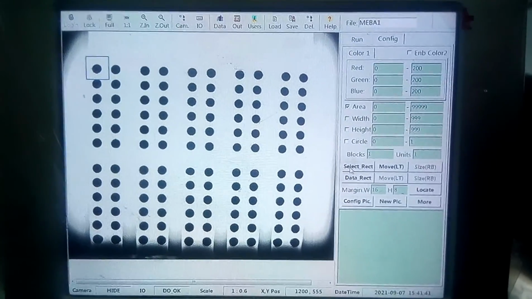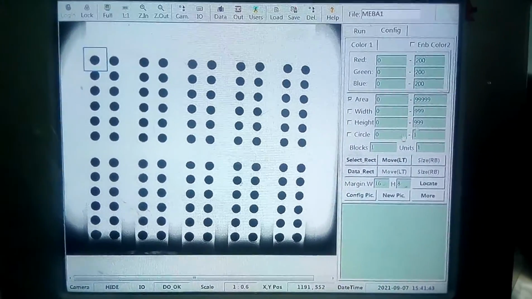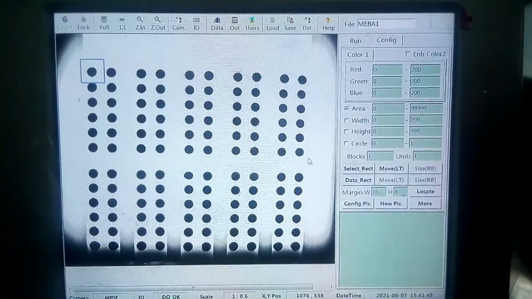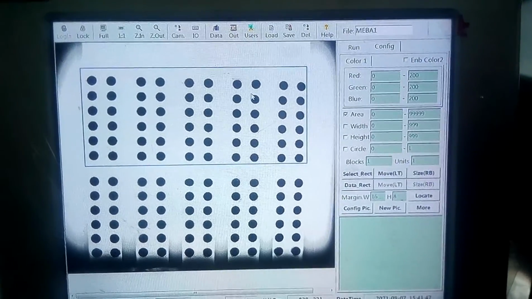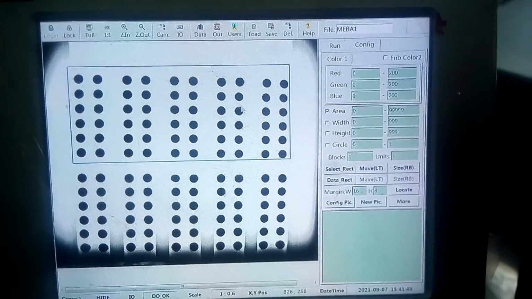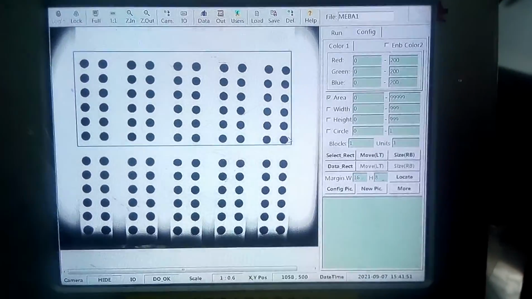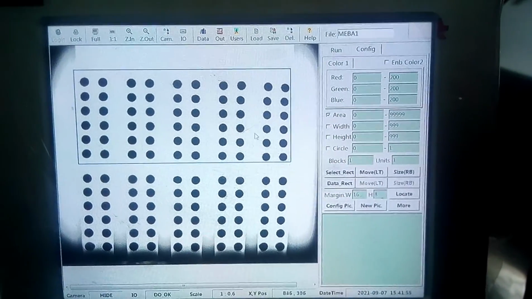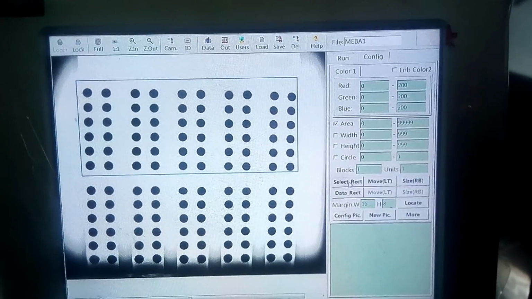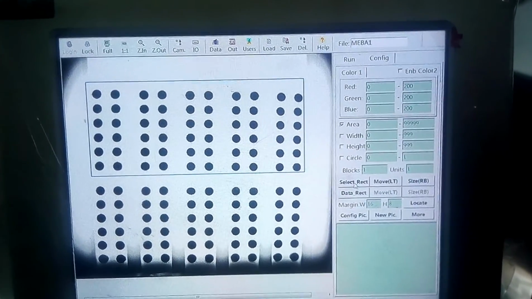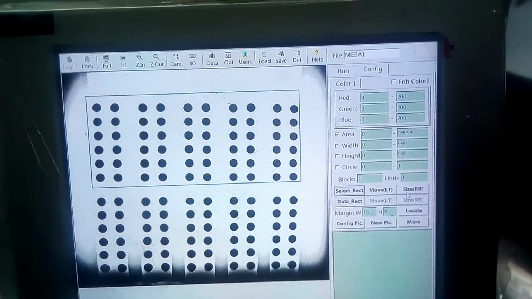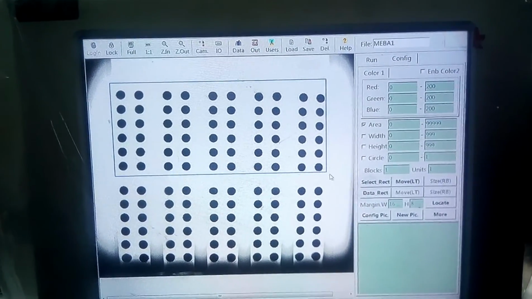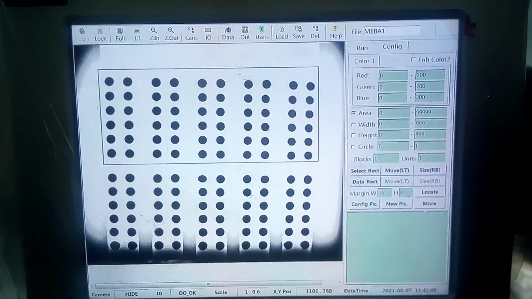select here RGB, and then here we create the area, but here the line touches the tablet, so it's better to make it a little bit wider, not touching, size RGB, like this.